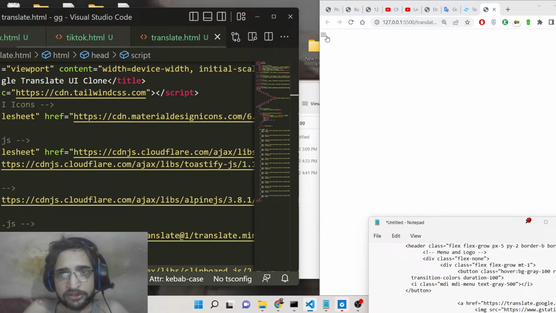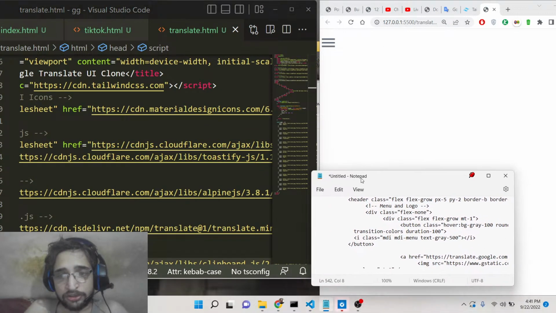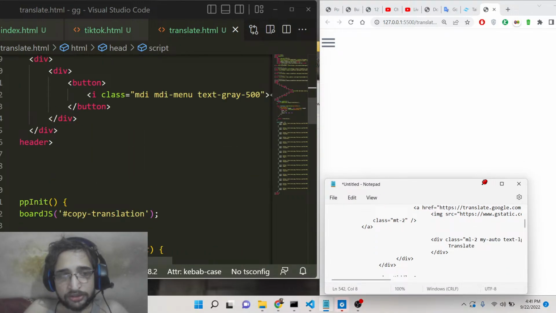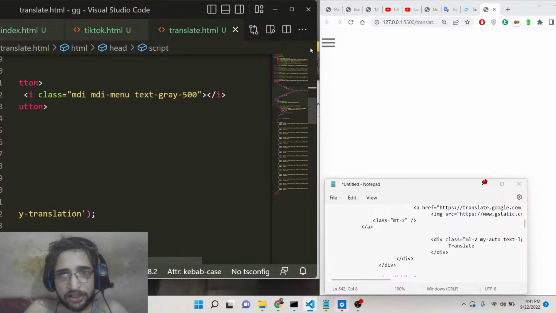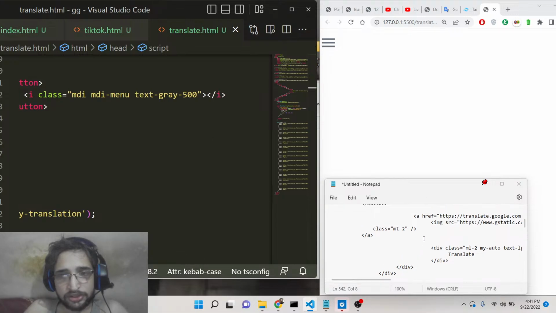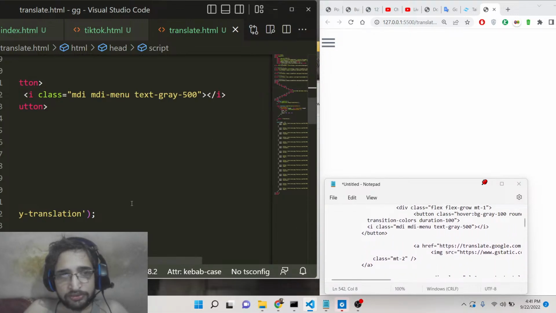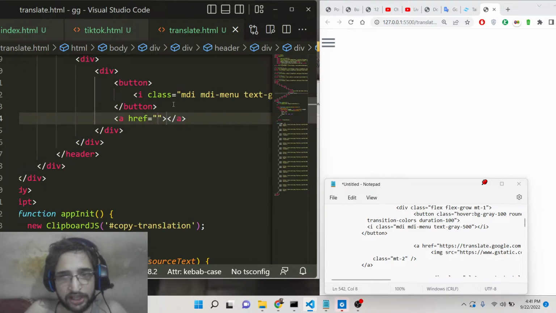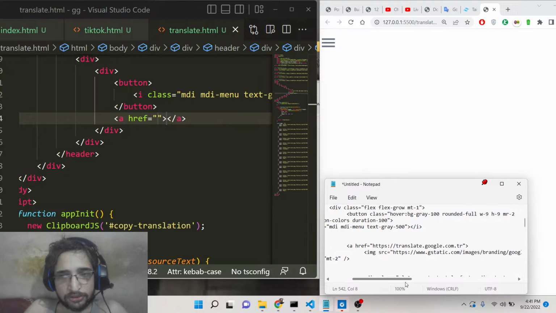So if you see, guys, this is our menu icon which is ready here. You will see this is a navigation menu which is coming through Font Awesome icon. So now you can see that it is rounded and it has got a gray color attached to it. After this button, we will have an href tag here. Basically this will go to the official website of